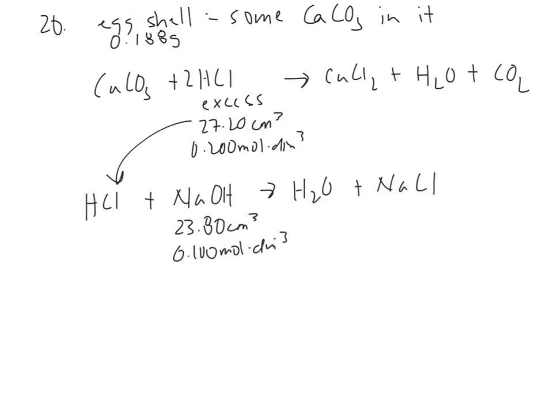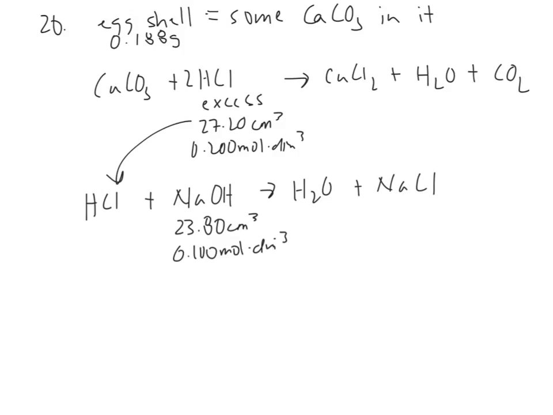Okay, so number 20 gives you a ton of information, and the only way I can deal with all this information is to start making some graphics for it. So you can think of this as my graphic organizer. So they tell you have 0.188 grams of eggshell. An eggshell has some calcium carbonate in it. It's not all calcium carbonate, but certainly some of it is. So they take the eggshell and they react it with HCl. Now we're assuming that only the calcium carbonate is the only thing in the eggshell that reacts with HCl. And we dump a bunch of HCl in there so that we're sure all the calcium carbonate gets reacted and